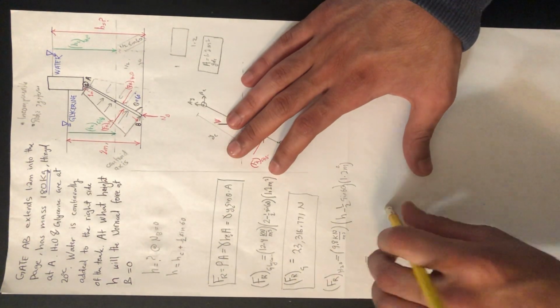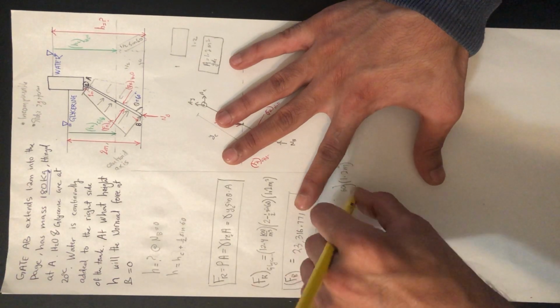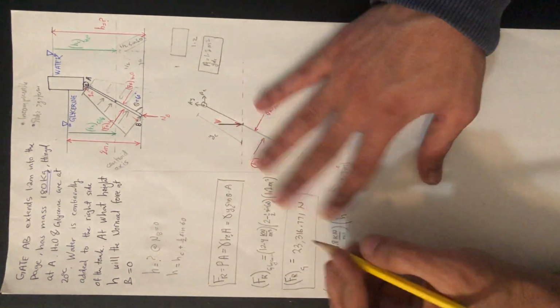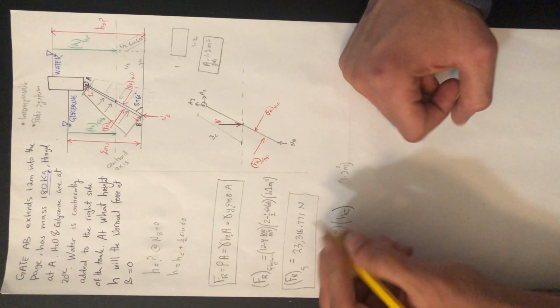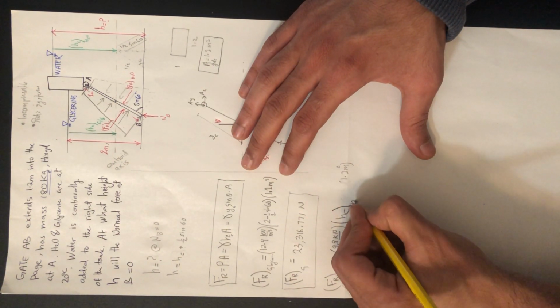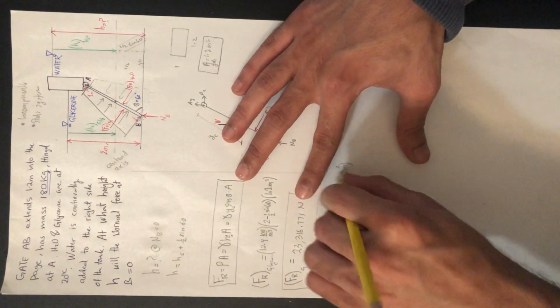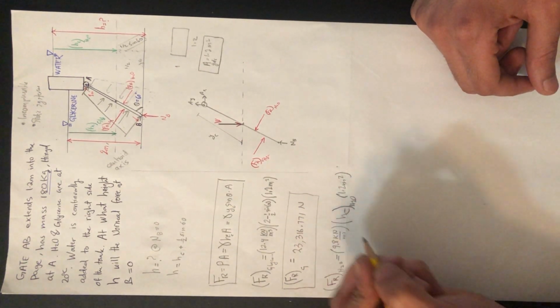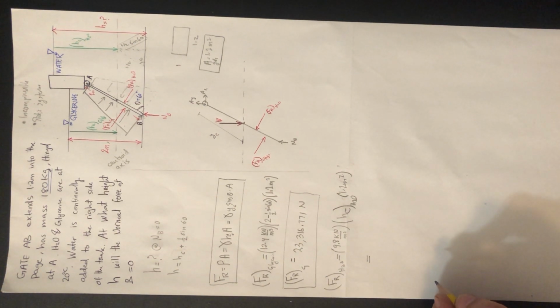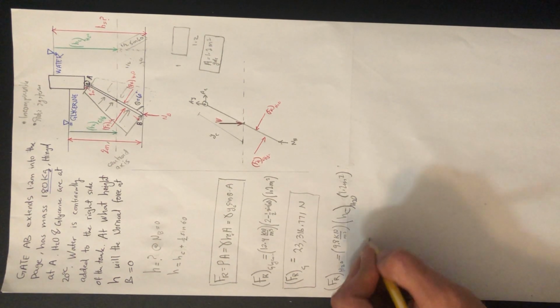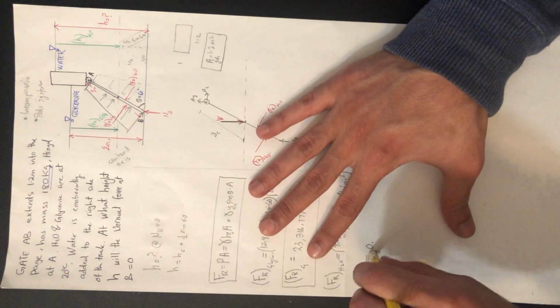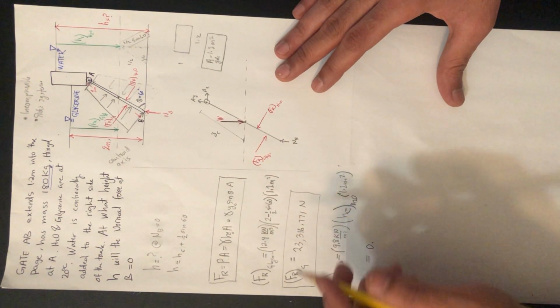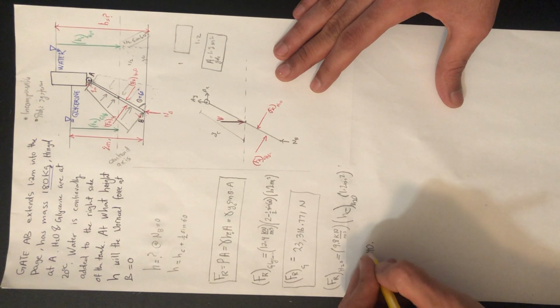So if we would leave our distance HC as HC of the water, our resultant force is going to be